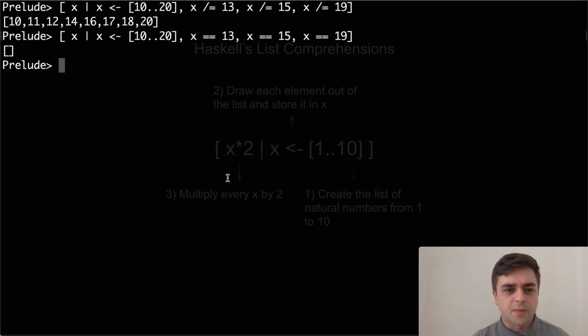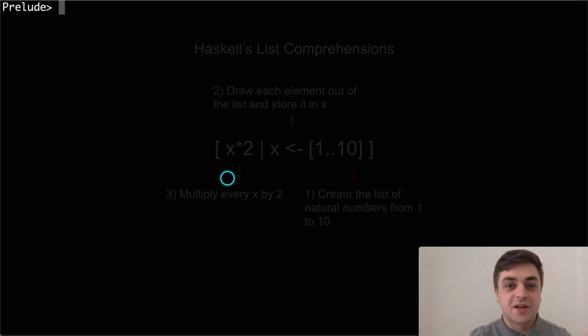Yeah, that's a bit baffling. We should have ended up with a list that only included 13, 15, and 19. Not sure why, but I hadn't planned to do that example, and that's what happens when you try and do examples that you've not planned and tested yourself. Anyway, I've got more list comprehension examples that do work, and they involve